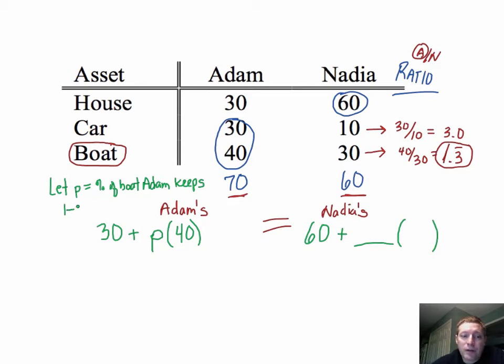So it turns out that 1 minus P is going to be the percentage of the boat that Nadia keeps. That's a nice little mathematical principle: if P is the percentage that one person has, 100% minus P will be the percentage the other person has. So we're taking 100% minus the percent that Adam got, and that'll be Nadia's, times